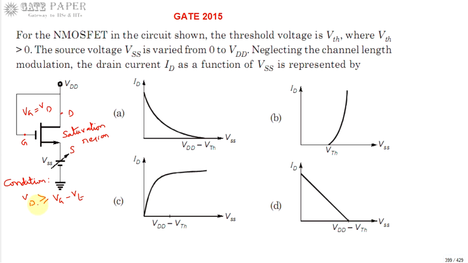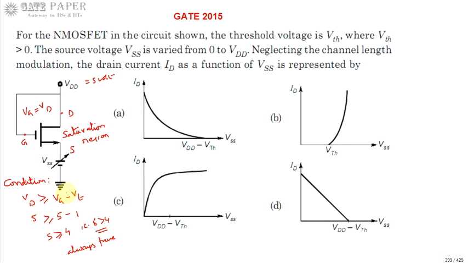Since gate and drain are shorted, for example, VDD is 5 volts, then the drain voltage is also 5 volts and the gate voltage is also 5 volts, and the threshold voltage, say, is 1 volt. So this is going to be 5 greater than or equal to 4. We know 5 is greater than 4, so this condition is always true,